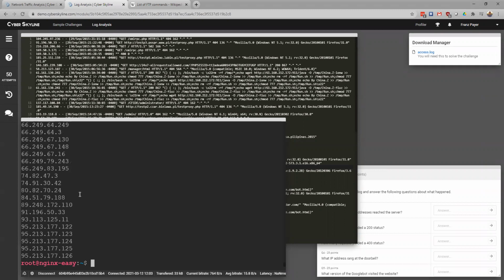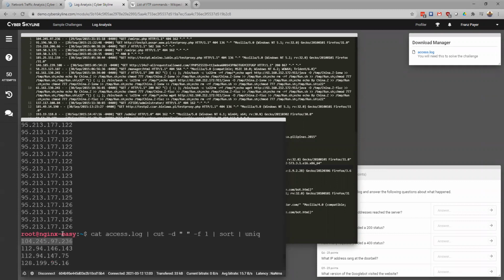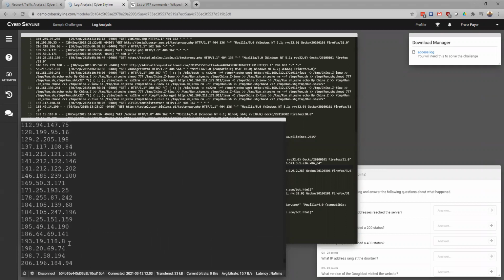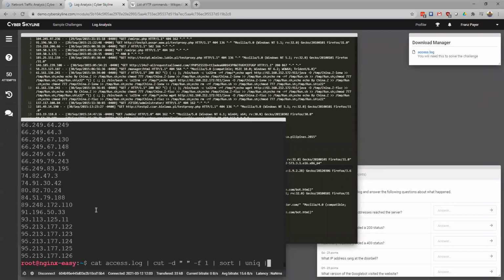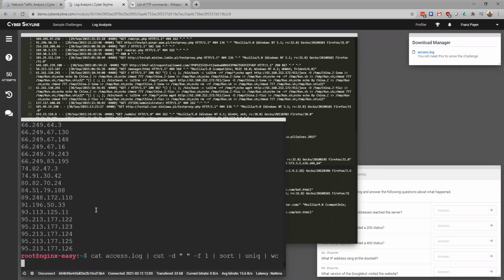And as you can imagine, it's going to basically just print out the unique values, the unique IP addresses from that list. So we went from a lot of these .122s to only one .122. So we now have a unique list of all of the IP addresses in that file. And from here, I'm going to chain it one more time, and I'm going to put it through a program called WC, which is word count. And then I can do -L, and that will give me specifically,